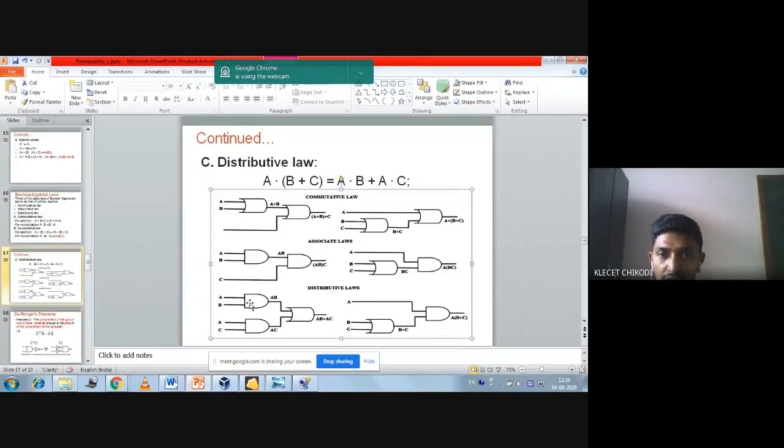So what they have done, for one AND gate, they have given A and B as the input. We are getting AB as output. Again, for one AND gate, they have given A and C as the input. We are getting AC as the output. So these are the product outputs we have got. Now we have to add those using the OR gate. These outputs of the AND gates are connected to the input of the OR gate, and we are getting the output as AB plus AC.